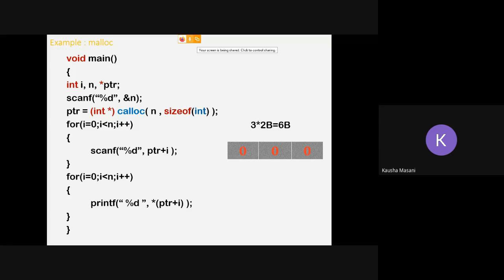Write down this program also. Any doubt here in calloc? Though calloc is not over, till this discussion part, any doubt or any questions you would like to ask?